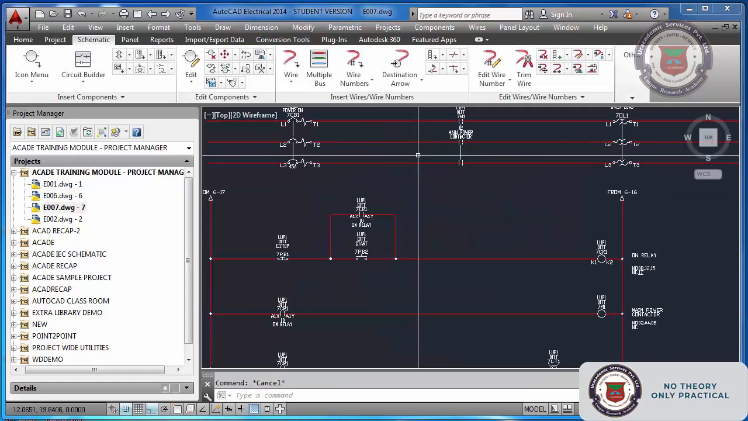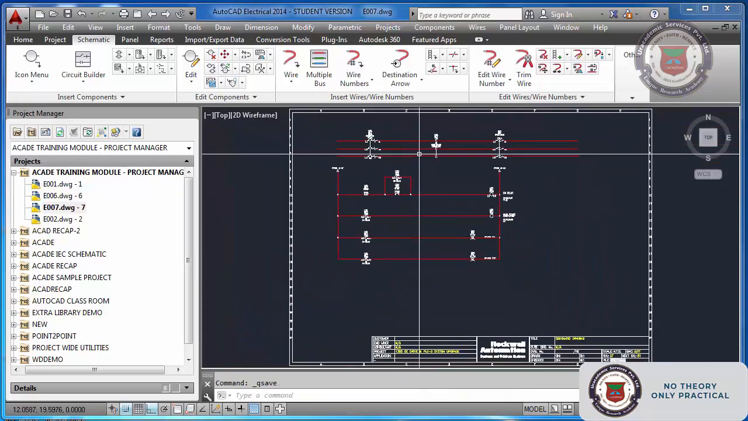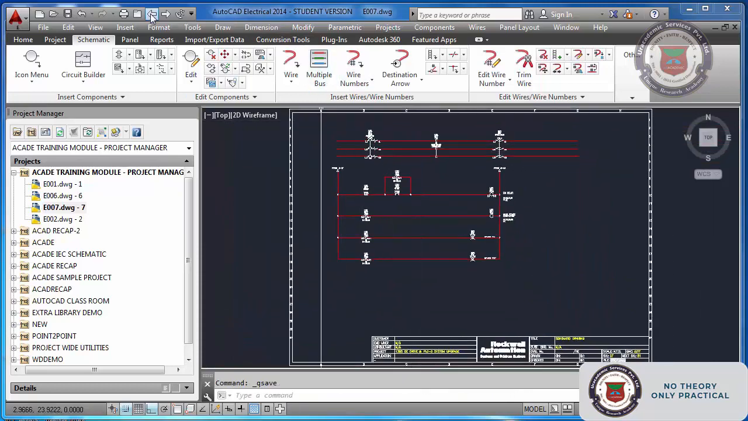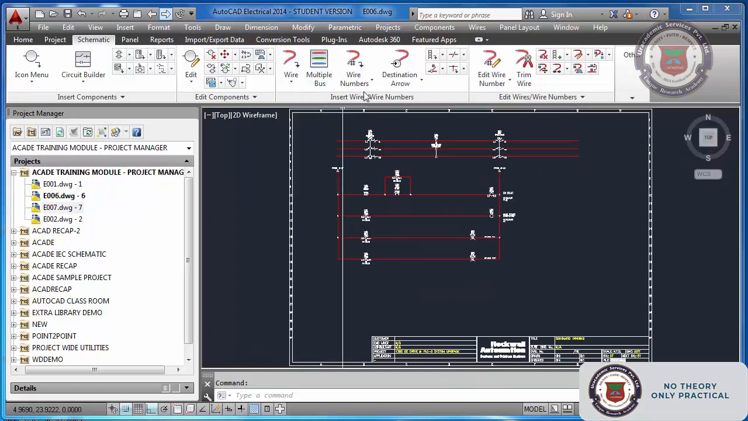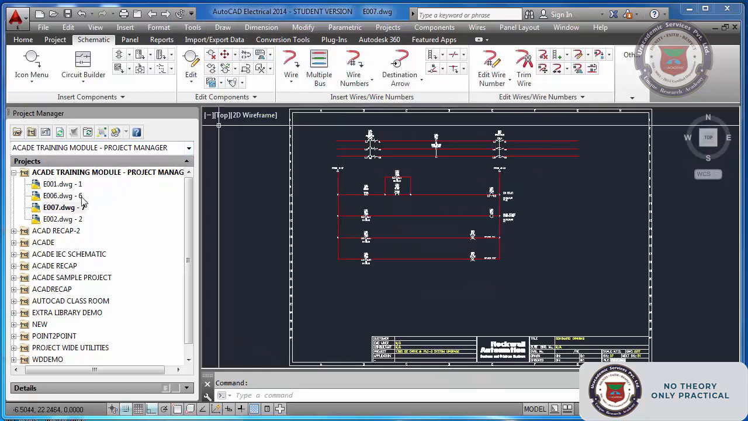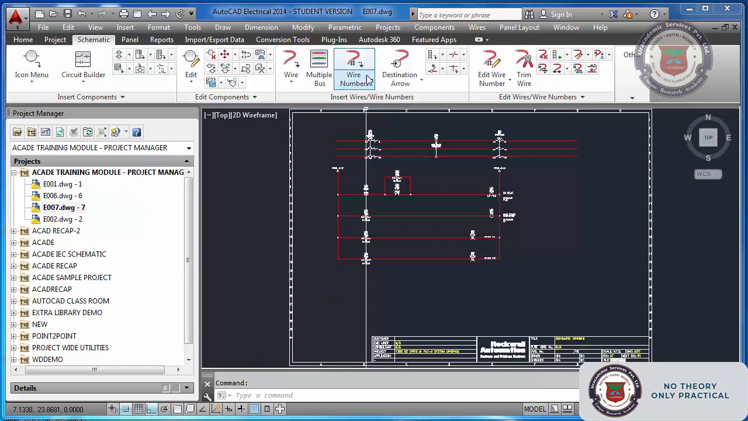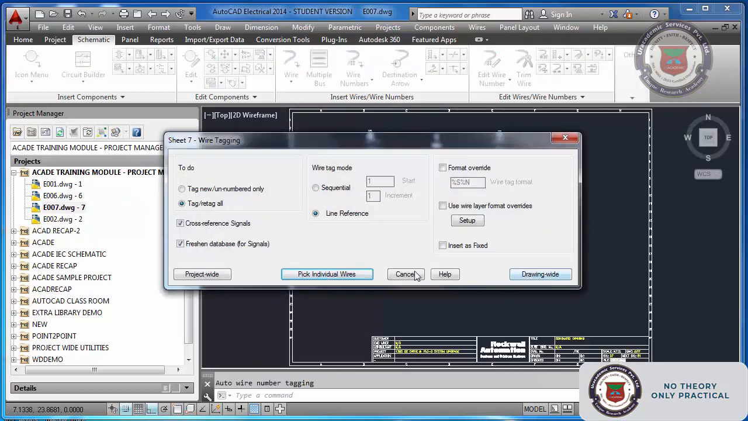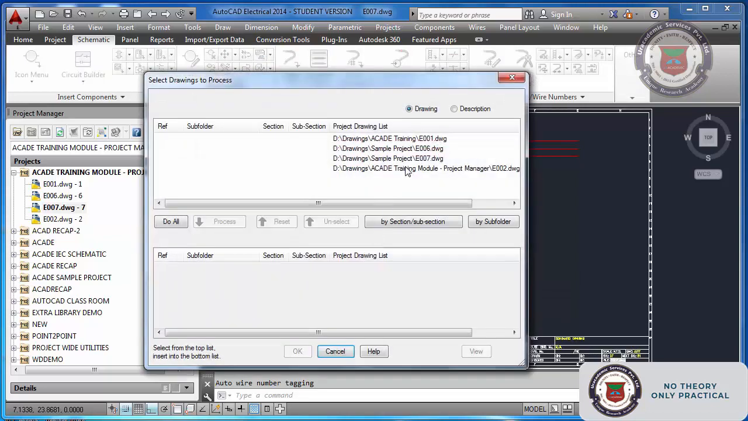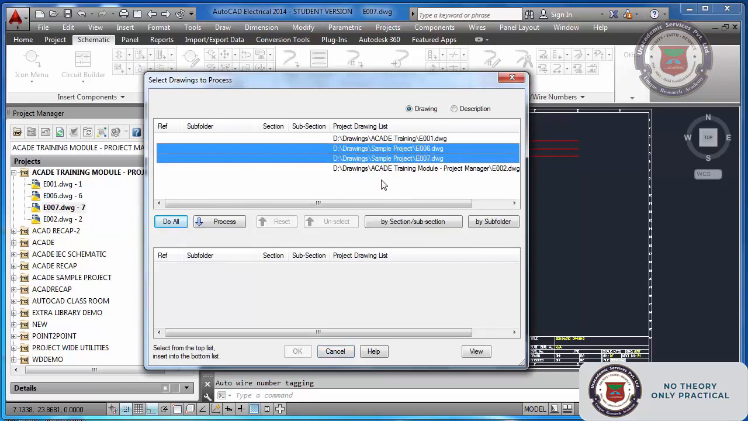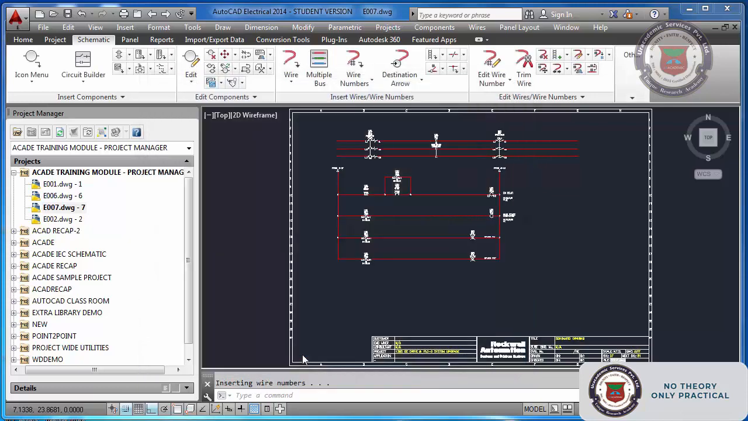now the last thing I am going to do is signal wire numbering. I have worked in two sheets, 6 and 7, wire numbers, project wide. Okay, I'm not bothered about the format of this wire number. I want to do the updation in 6 and 7, process. Okay,